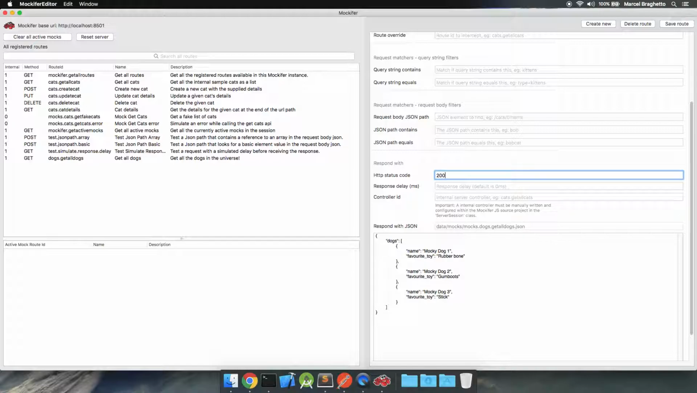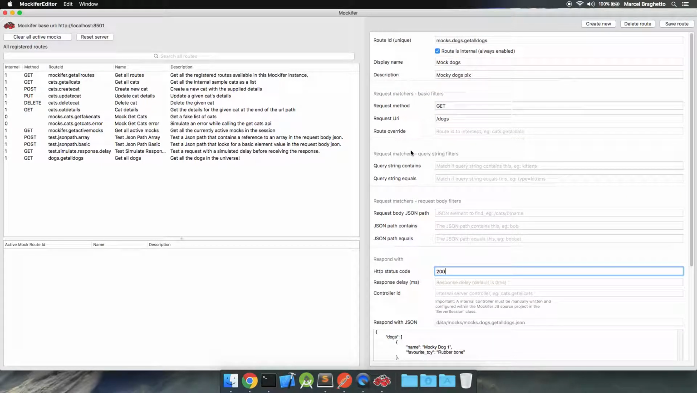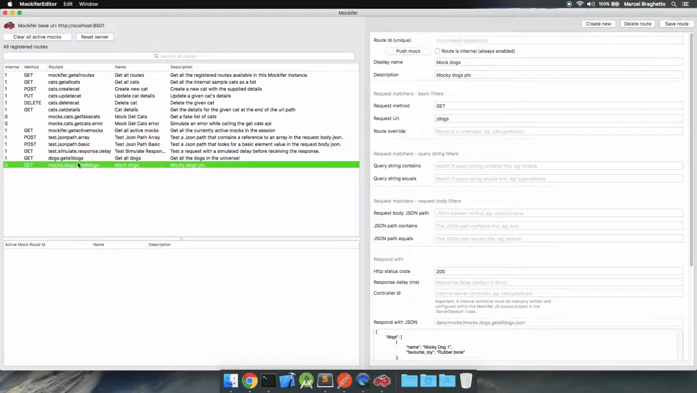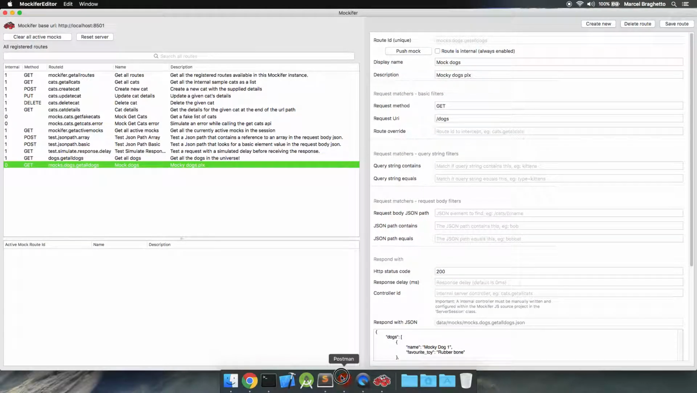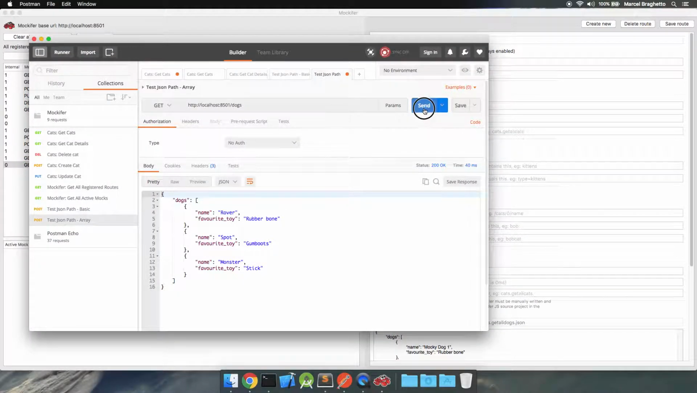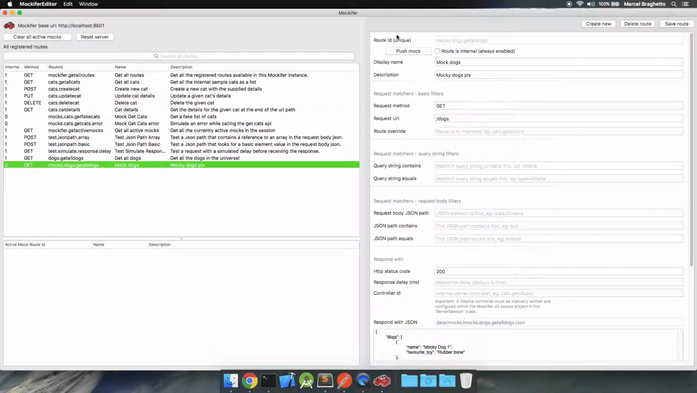And let's say we have 200. There we go. And in this case, for the mock dog ones, we're not going to go with an internal. It's going to be a mock. You can't push it yet because we haven't saved, but as soon as I save it, and I might just reselect it over here, you can see that this is it here. If I go back to Postman, call dogs again, we're still getting Rover, Spot, and Monster, but if I push this mock,